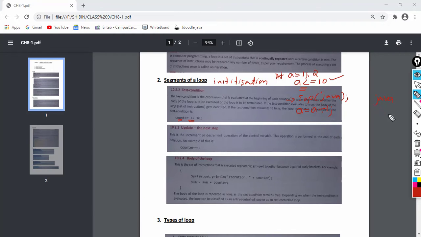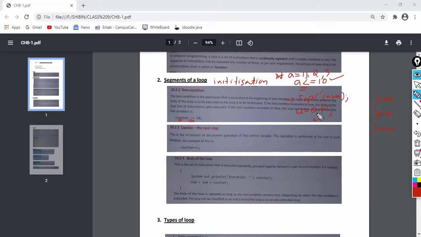Then again executing, it will print Java. Then updating the control variable: now the value of a is 2, so 2 plus 1 will be 3. Then checking the condition 3 less than or equal to 10, the condition is true. So we execute again, which means the third iteration. Printing Java again.